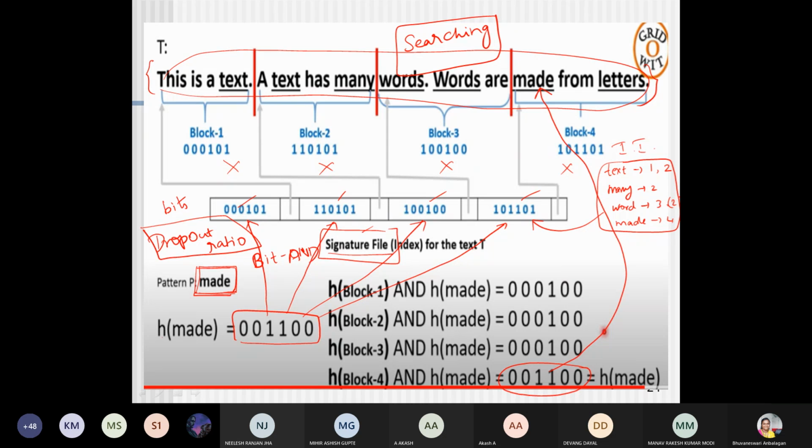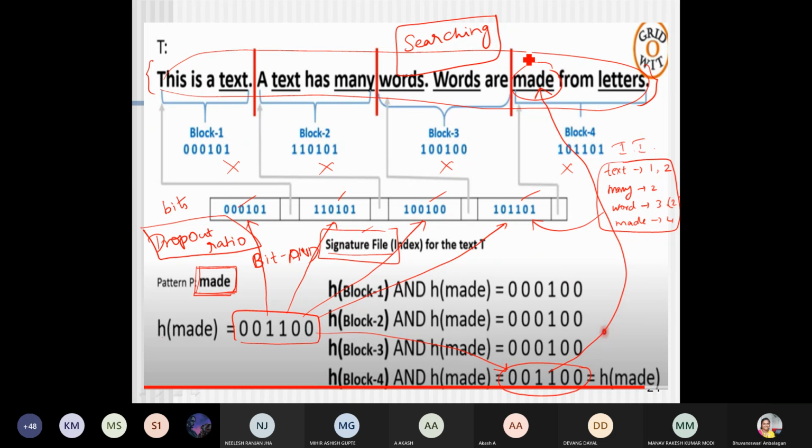In some worst cases, it will return some value the same as that of the word that you're looking for. The hash value will get matched, but the word will not exist.